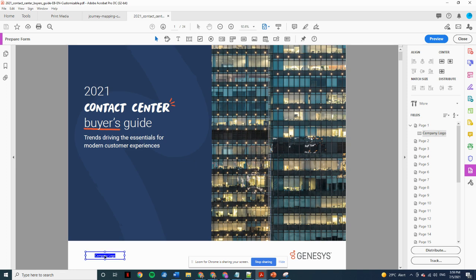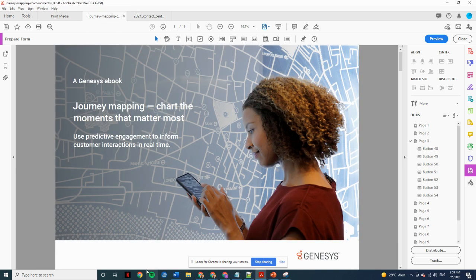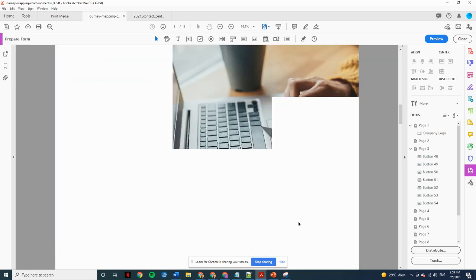So we're going to copy the company logo and paste it on the first page. Here the company logo cannot be higher or wider than the Genesis logo. So this one is looking good. We're just going to align here. Give it the same distance. Now the last page,